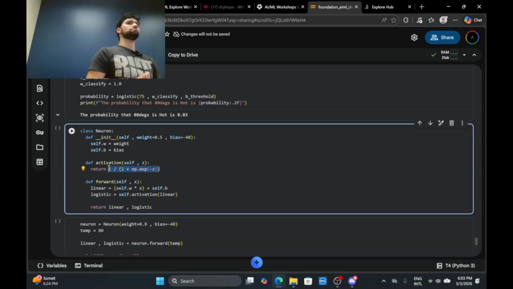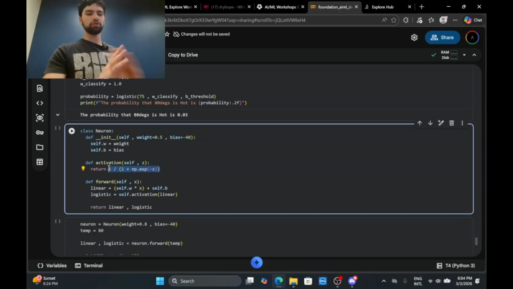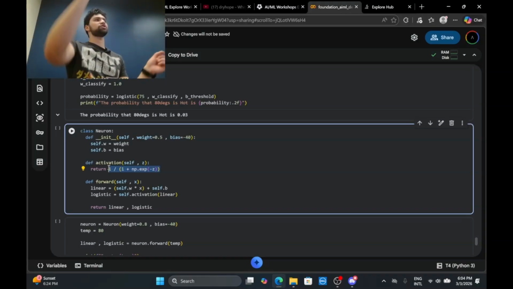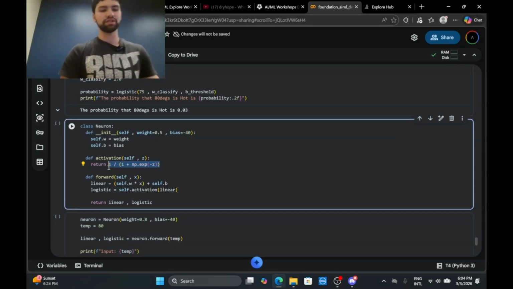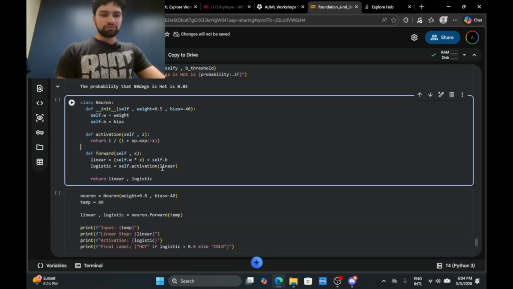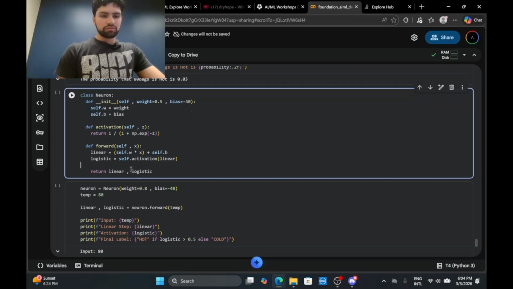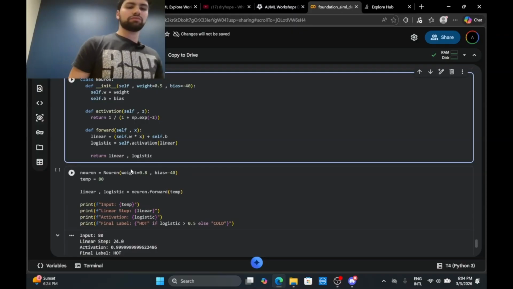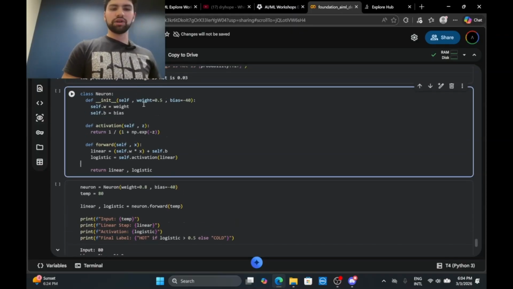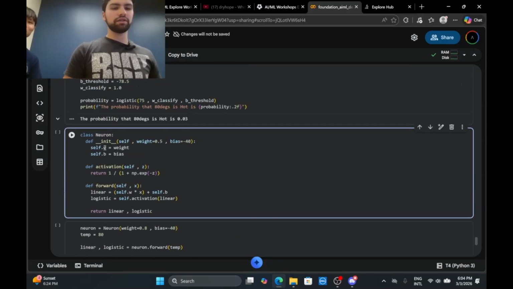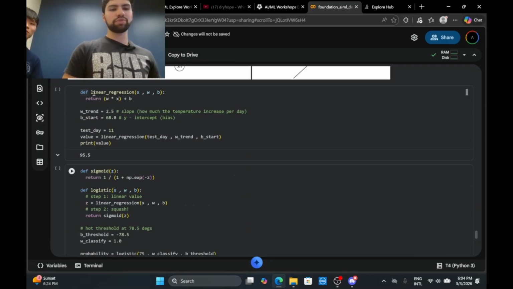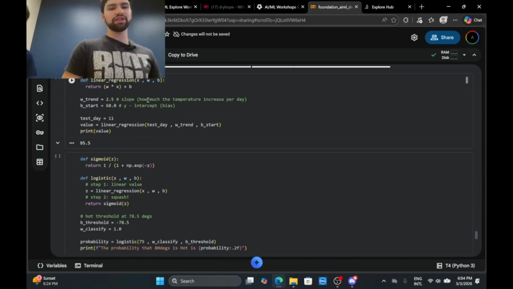Sometimes we just want a more binary activation function, and we'll go more into that next workshop. That is called ReLU, but there's no point in overthinking it. Just think activation function, it changes the shape of our line to better predict the data. A better way to say it would be to make a linear line into a non-linear line, making a straight line into a curve.